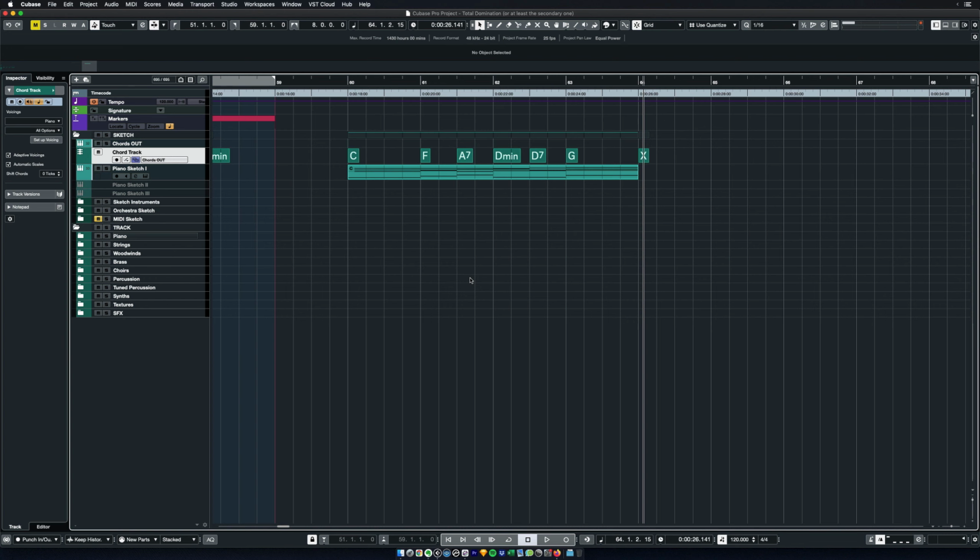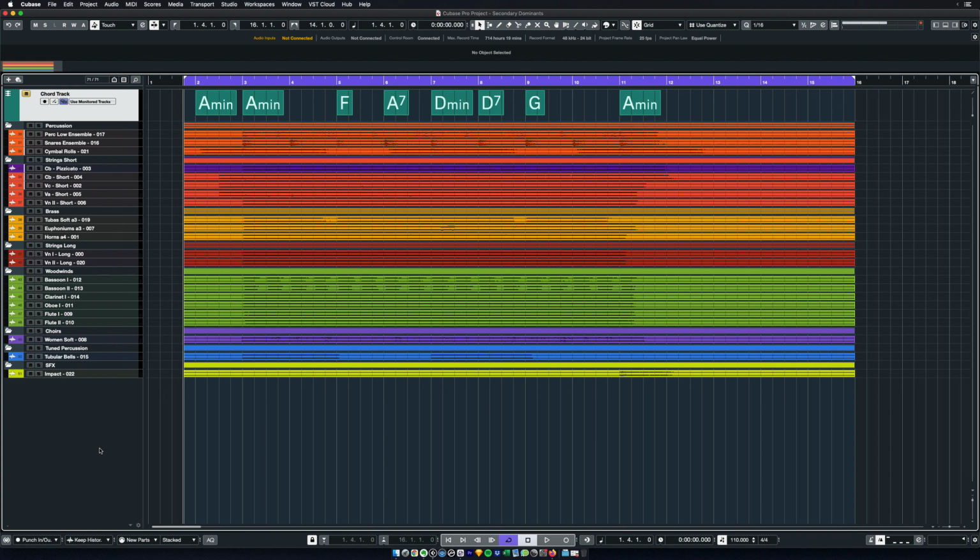So before we finish this video, I just want to show you a very quick example in practice of how you can use this. So here we have a quick example using a secondary dominant. Actually, two of them. We have this one, the A major 7 leading into the D minor, and we have this D major 7 leading into the G. And before listening to the whole example, I just want you to listen to the